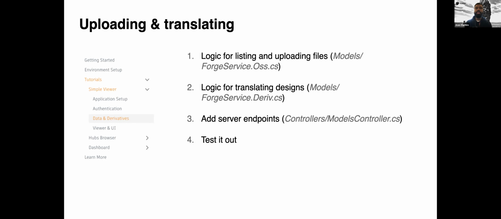We can create a bucket with three types of policy: transient, temporary, and persistent. If we go with the transient policy, the bucket will store our files for 24 hours. The temporary will store our file for 30 days. And if we go with persistent, the bucket will store our files forever, until we delete the file or the bucket. All right? And after that, we need to trigger a translation to be able to render our model in